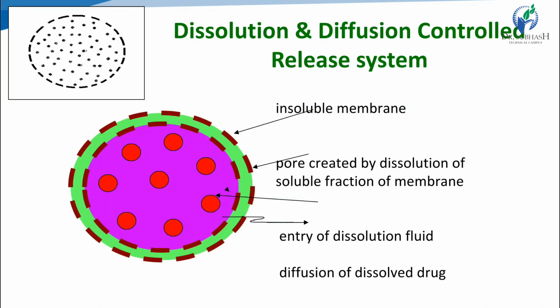The last one is the combination of both dissolution and diffusion based control release system. Here you have to apply both approaches. The outer layer is made up of both water soluble and water insoluble, hydrophilic and hydrophobic polymeric materials. So we have to prepare the coating membrane. The center part, the core part, contains the drug. The outer layer is made up of a semi permeable membrane. So in that case,